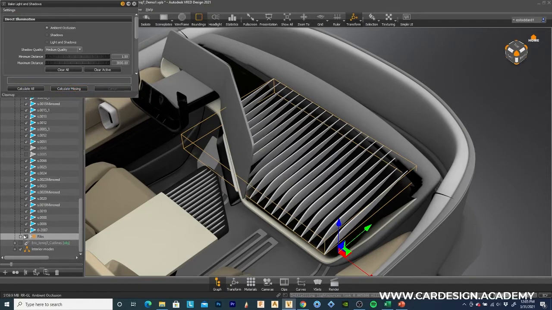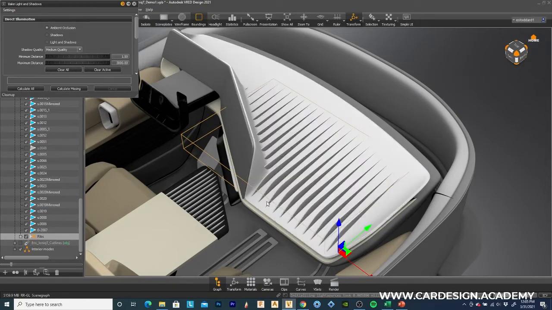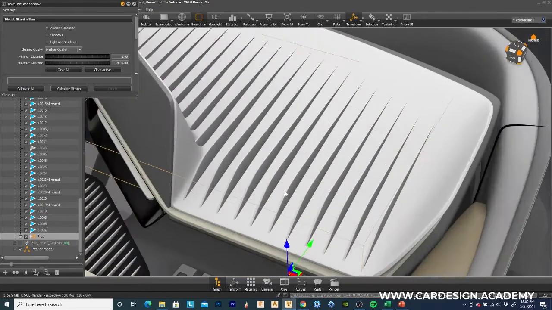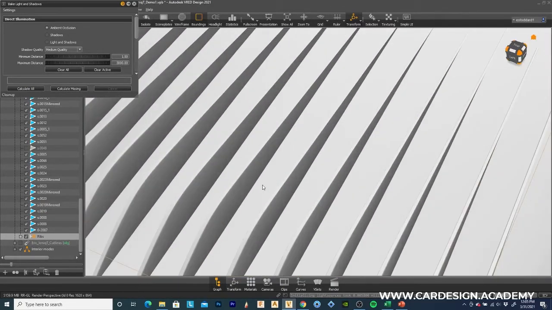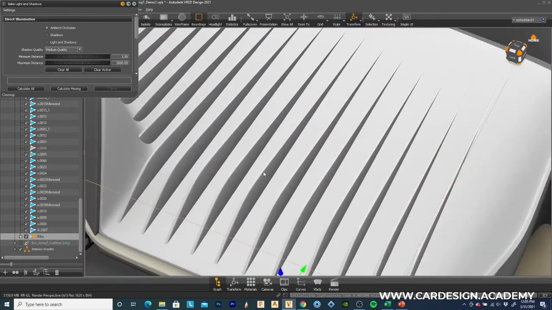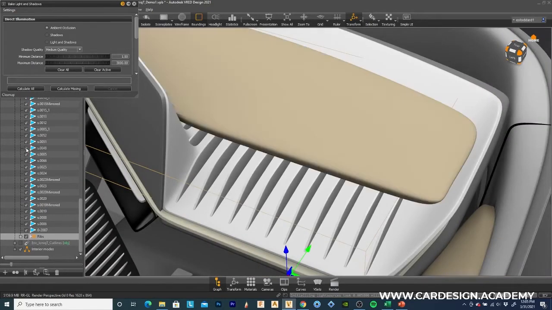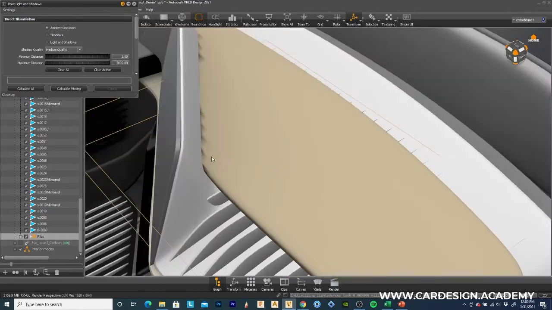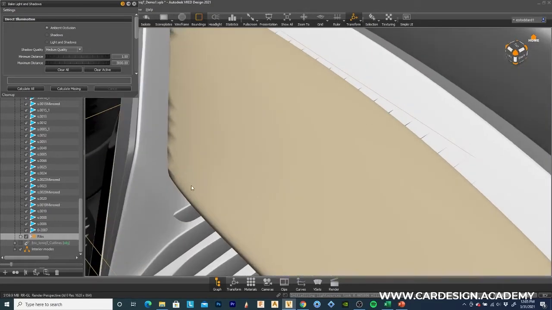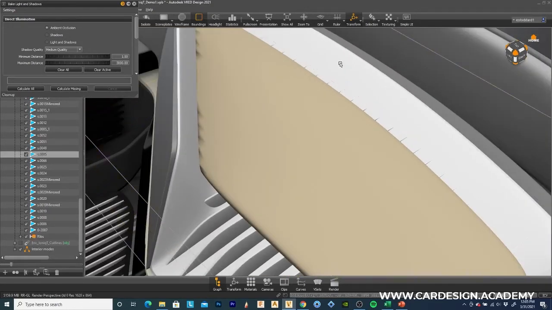Okay. And then once I turn on the instrument panel again, you'll see it's got a much cleaner look to it. Those edges, you don't see all the little splotchy marks as these objects intersect each other. So now when I go in and turn on the top pad here, you can see there's some splotch lines along there. So I'm going to select the instrument panel again, turn it off,